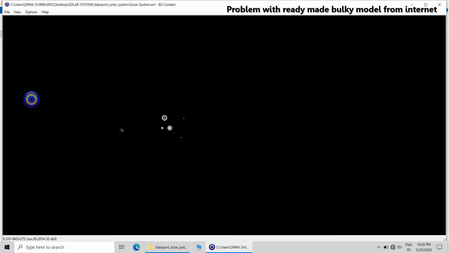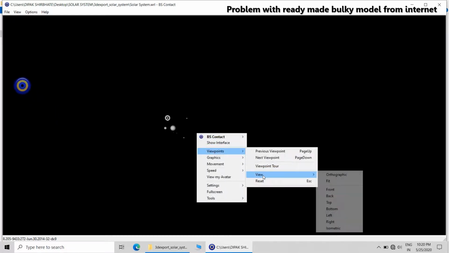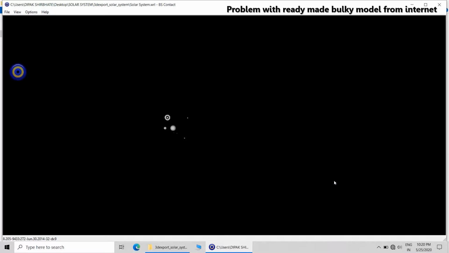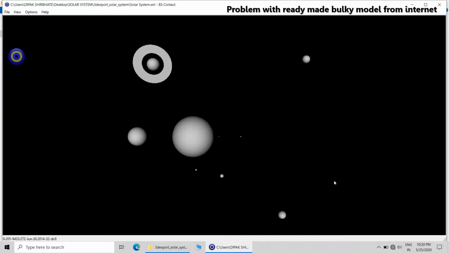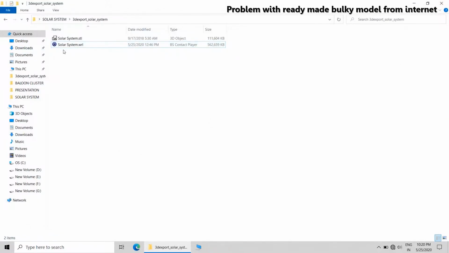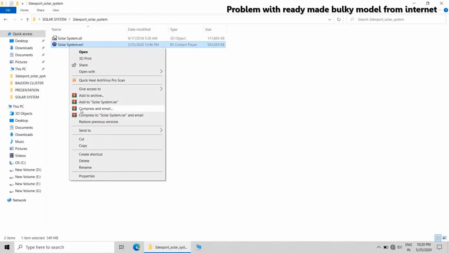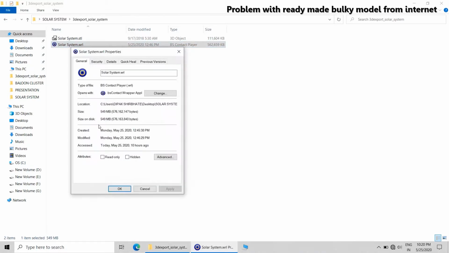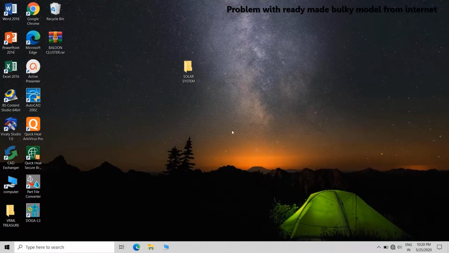The entire exercise can be omitted, and we can directly apply the texture and create the animated view. So this is the problem, and it is visible in the size, which is too high, 549 MB, nearly half a GB.